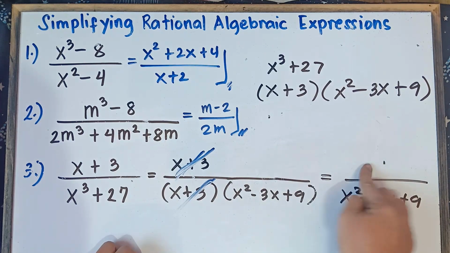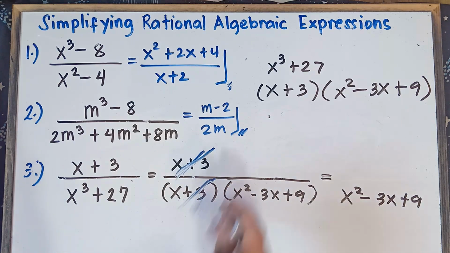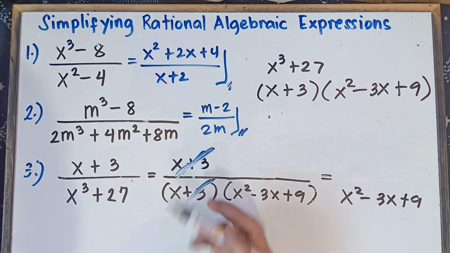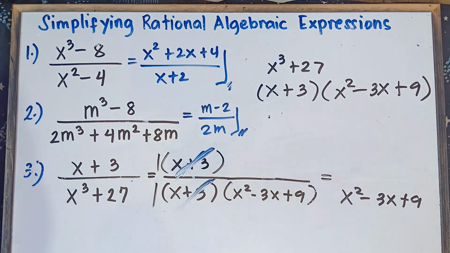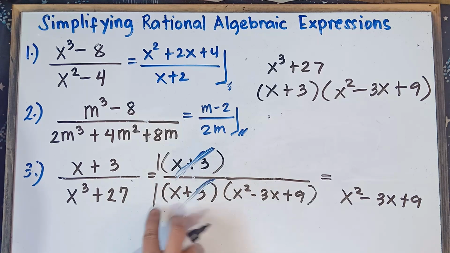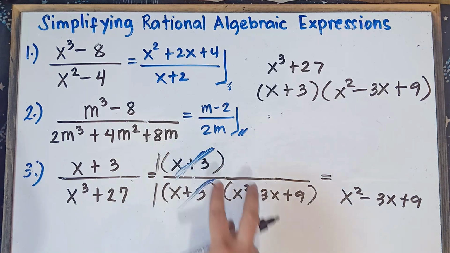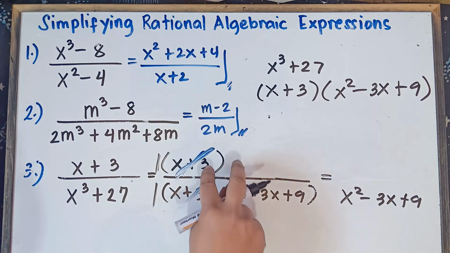Now, if you answer like this, class, x squared minus 3x plus 9, you will commit a mistake, because you don't have your numerator. Once again, once you divide this one, understand that there's 1 here. We can put over 1 here. That's okay, that's the same. 1 quantity x plus 3 is just the same as 1 quantity x plus 3. So 1 divided by 1 would be equal to 1. Understand that there's 1 here for our numerator.